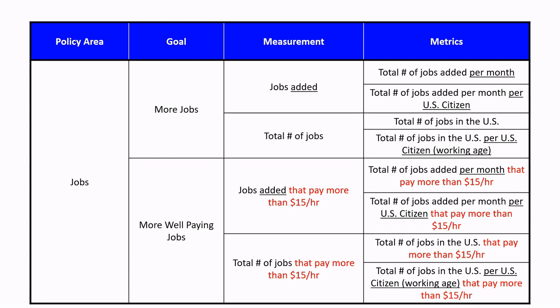The ones I would add as president in the jobs area is doing all those same statistics I just talked about, but also parsing it out as the jobs added that are more well-paying. And I'm going to pick $15 an hour just because that's the number that's bandied around a lot in the news and in Congress. So I'm just going to say jobs added that pay more than $15 an hour. And then I'm going to do all the same statistics on the ones that pay more than $15 an hour. I don't have that data. I haven't been able to find it. I predict it would be really interesting if you looked at the long-term trend of well-paying jobs. But we'll leave that for another day.